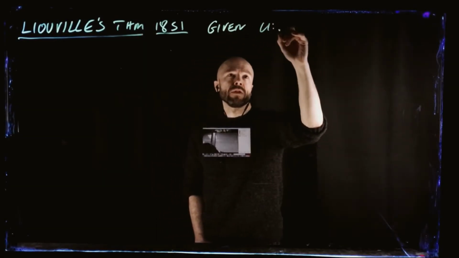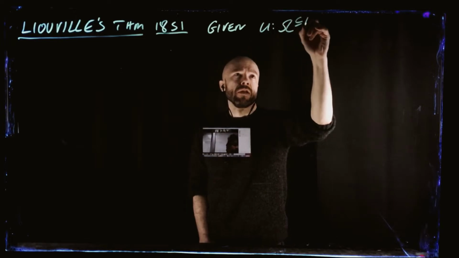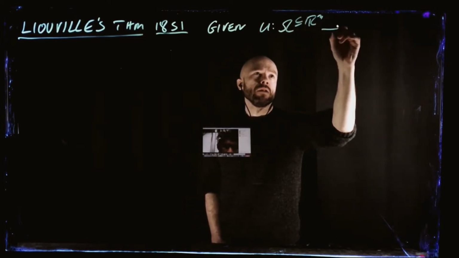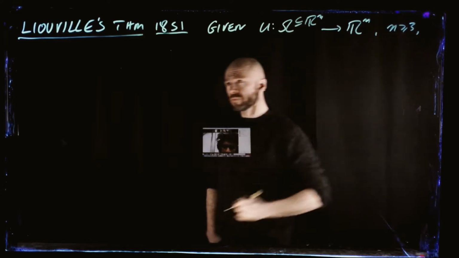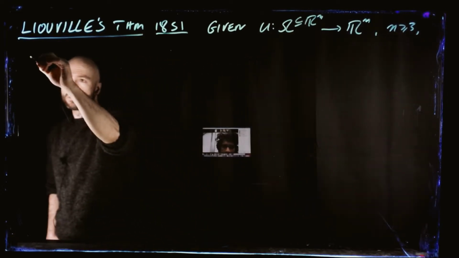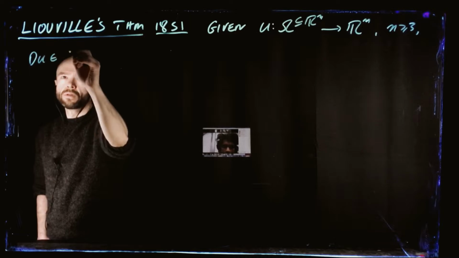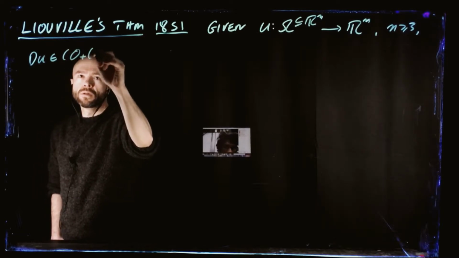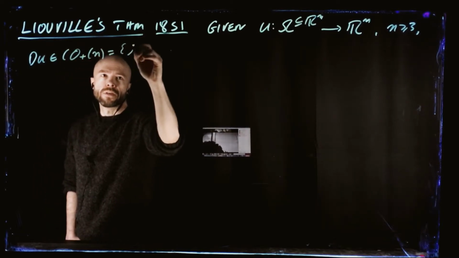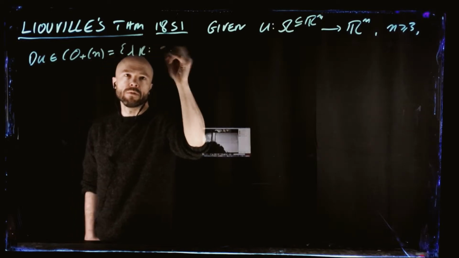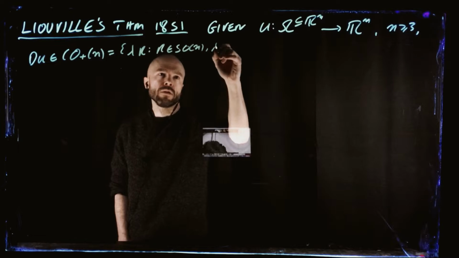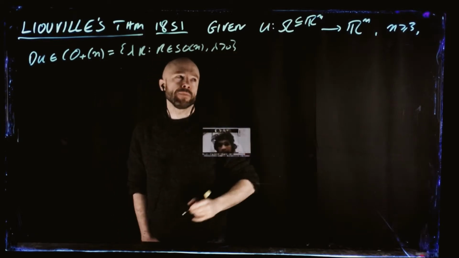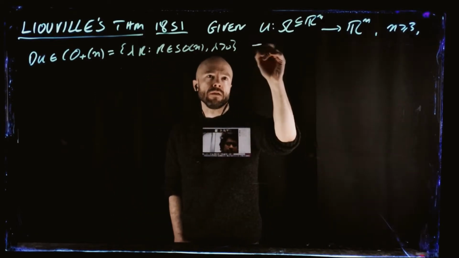U, which goes from omega in Rn into Rn, where n is bigger than or equal to 3, that satisfies this differential inclusion. And recall, this is just a set of lambda times rotations, where lambda is positive. Then,